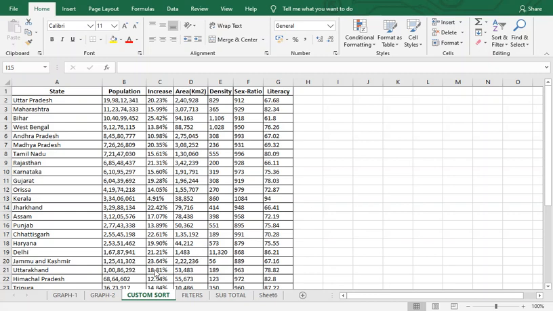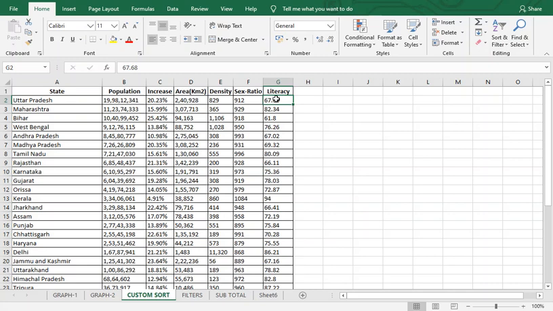So in custom sort, as you can see, I have made a table here as per the number of states. I have gathered their population, increase in population, area, density, sex ratio and literacy rate. This is as per the census 2011.